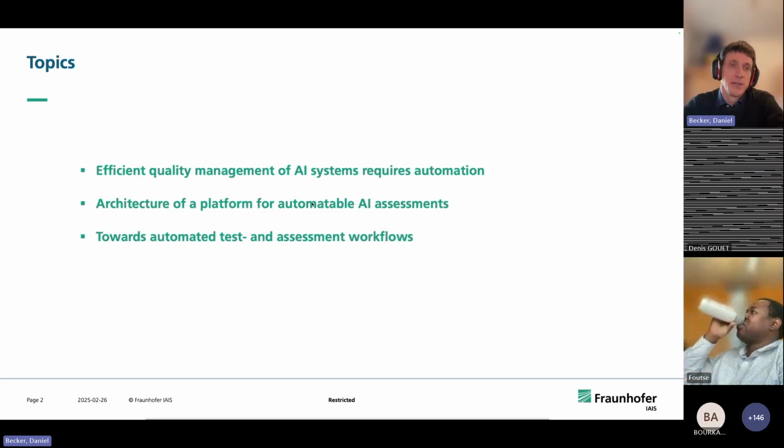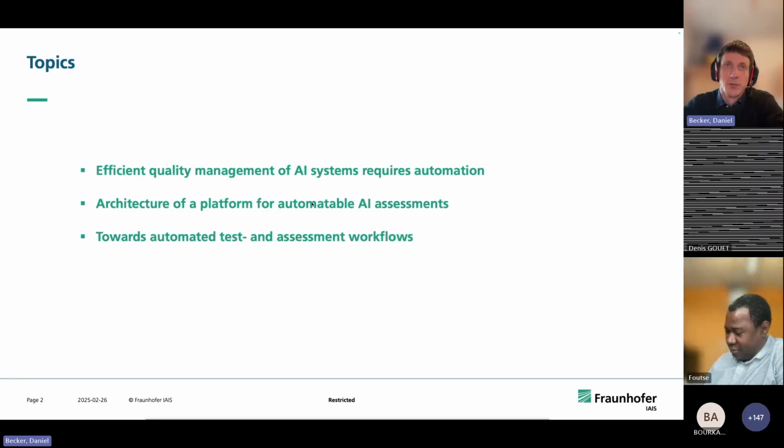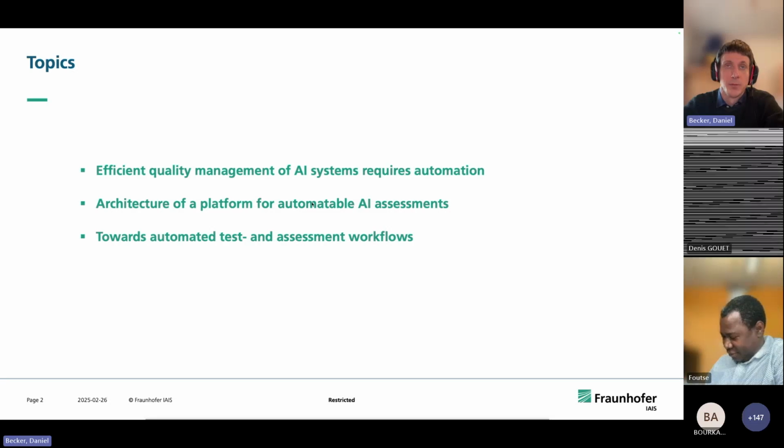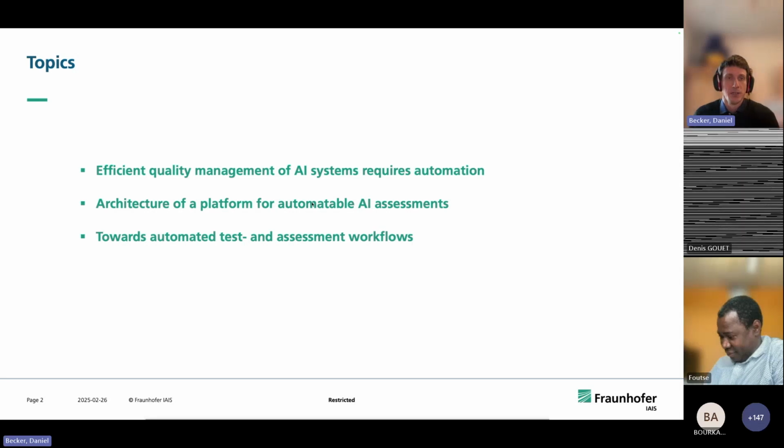Then, in the second part, we would like to present some ideas of what we think could make this kind of automation possible. This will be basically an abstract architecture that we think is very well suited to accommodate many of the technical challenges that we have when it comes to AI assessments.